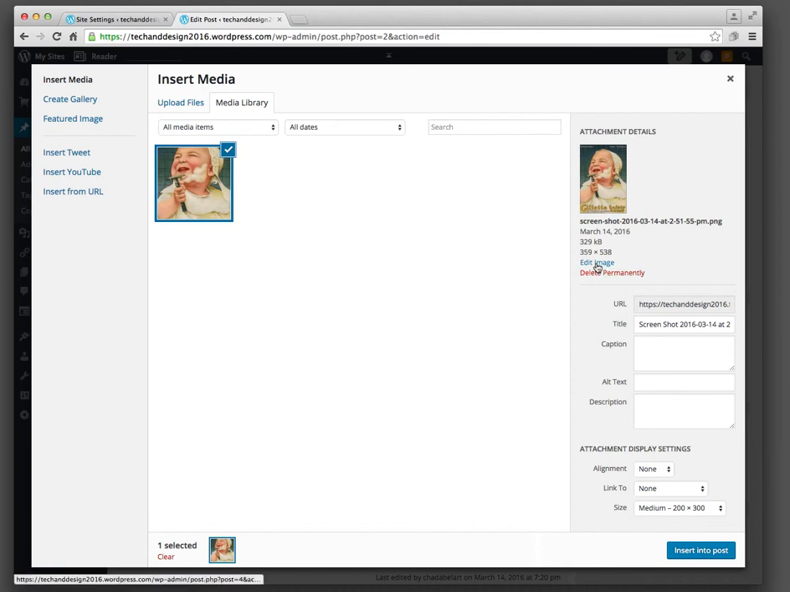I can edit the image ahead of time. If I change my mind, I can delete it. If I had other images here, I could select a different image. I could change the title, maybe do something that'll help the search engine find my stuff. Baby with razor, whatever you want to call your image. I could put a caption on there if I wanted to. Alternative text, which helps people with disabilities access this. I could put a further description, and then I'm going to decide how I want this to